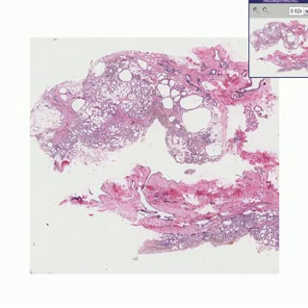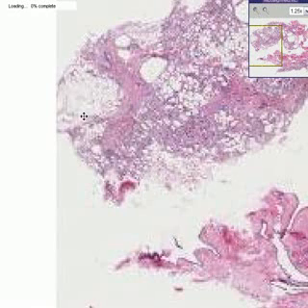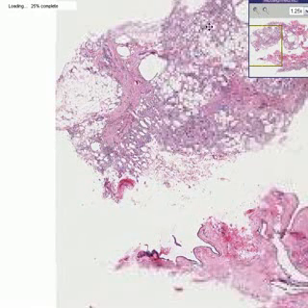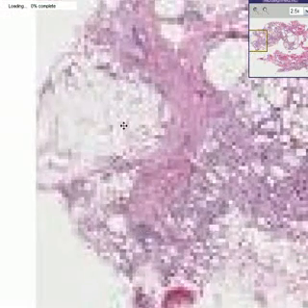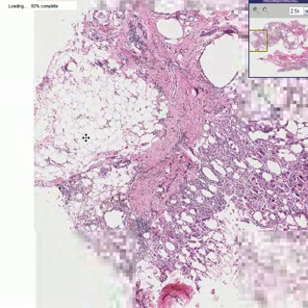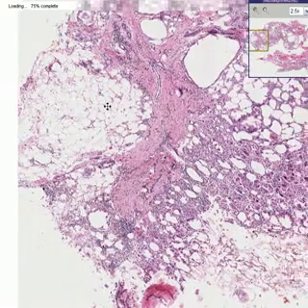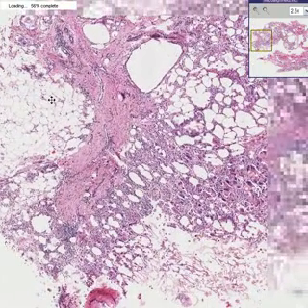Okay, this case is called breast fat necrosis, traumatic. And in this slide, I think you can recognize the fact that much of it, or at least some of it, still looks like relatively normal fat. Here is a fairly typical adipose-like tissue, but you can also see that there are other things going on in